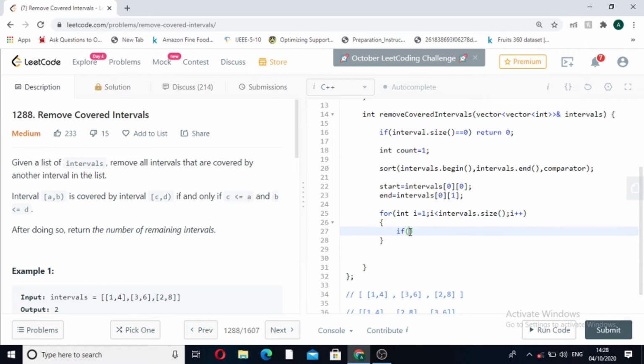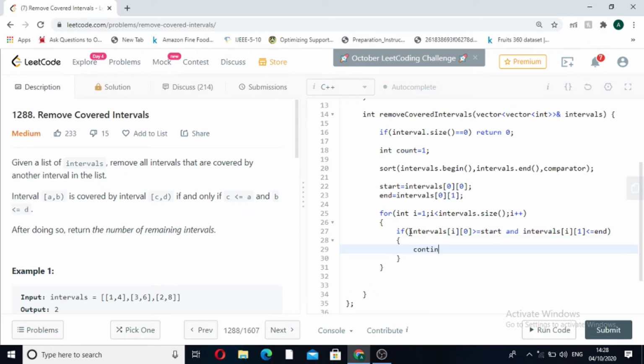So if intervals[i][0] is greater than or equal to the start and intervals[i][1] is less than or equal to the end, this means that the particular interval at which we are standing right now is a covered interval. So we will do nothing, and else continue.